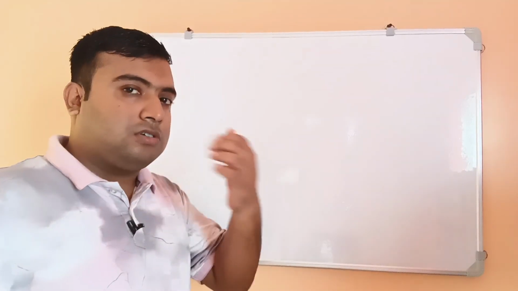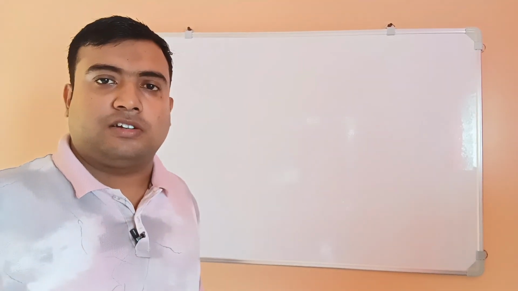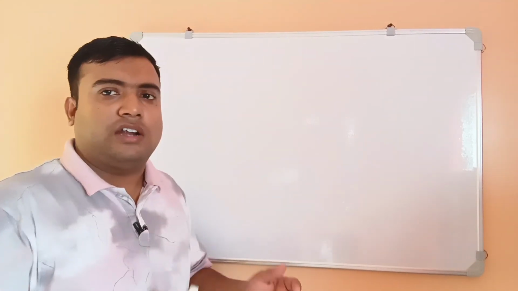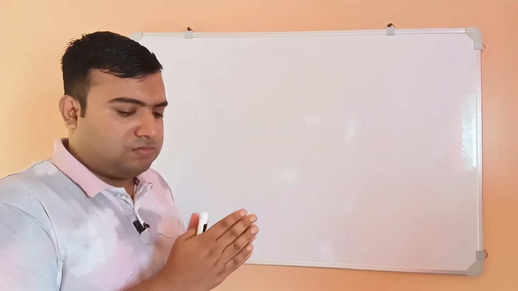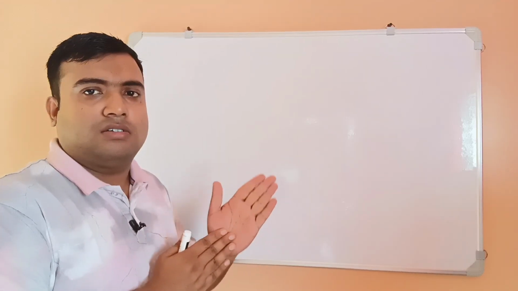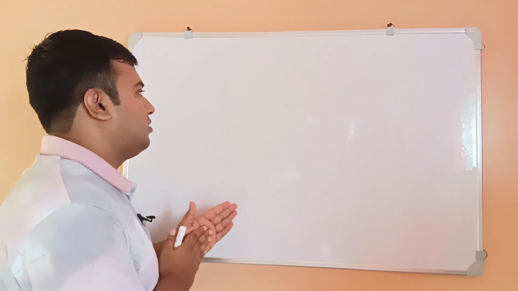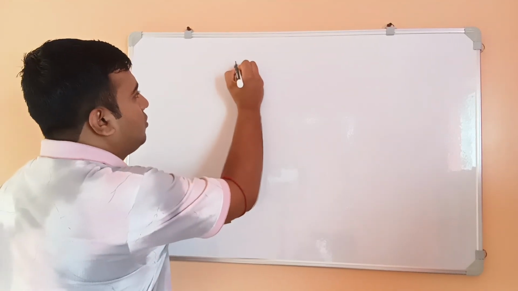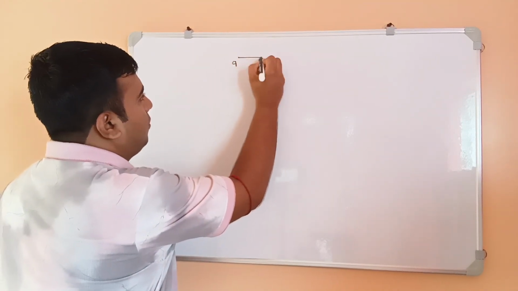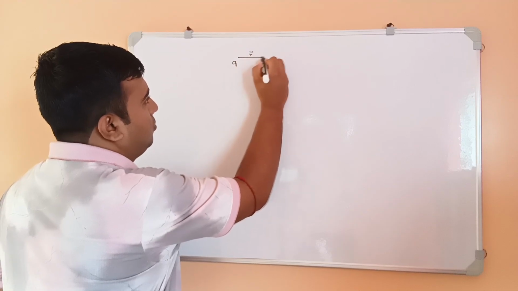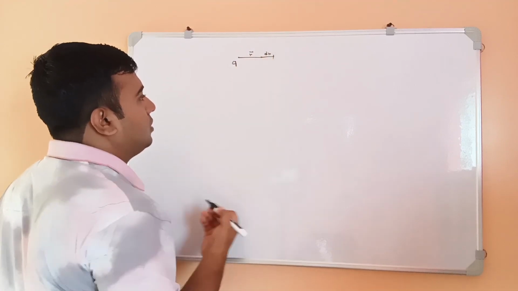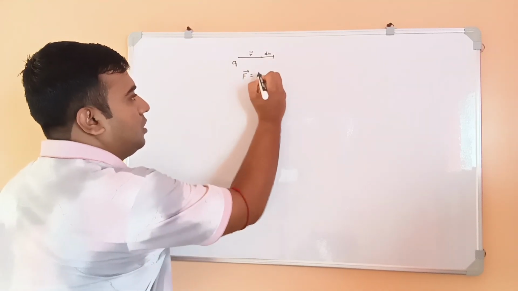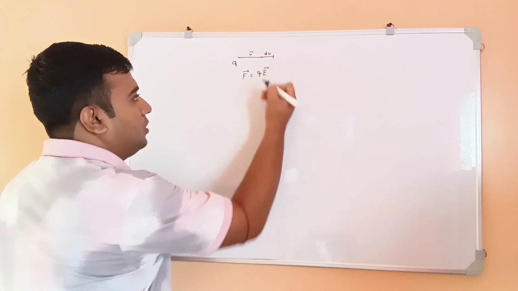So we are talking about the potential energy, electric potential energy. So suppose the electric field at any point R is E and the potential is V at the same point, and a small test charge q is moved from the position R to R plus a small distance dr. So the force on the charge is q into the electric field E,